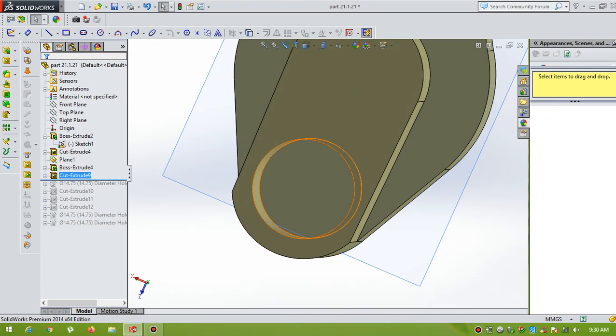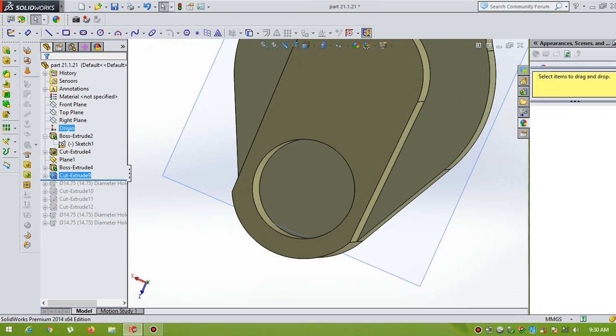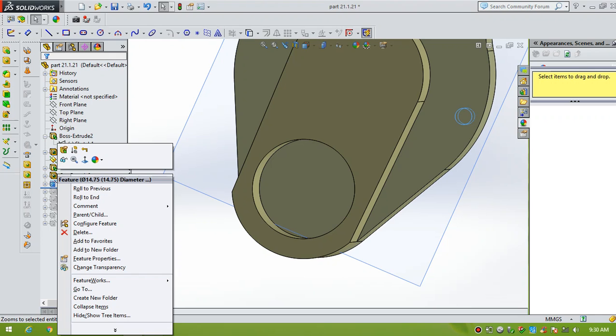If you look at the extruded feature, the depth is 48 mm. Give okay. And second, create a hole. Edit feature, sketch, edit feature.